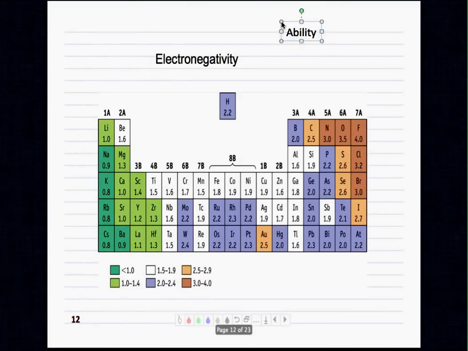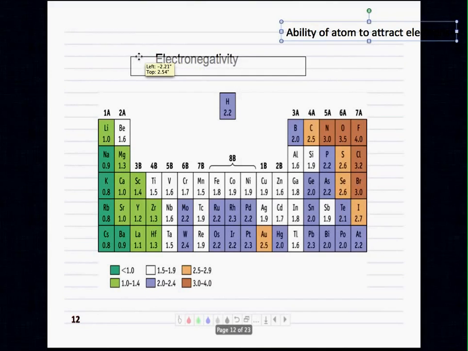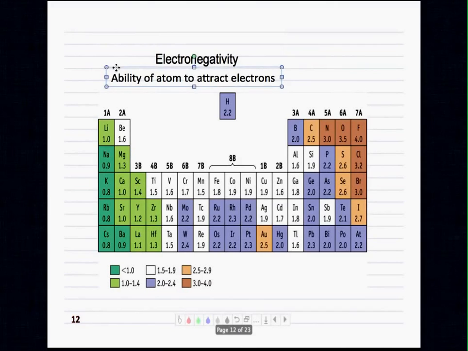Okay? So electronegativity is the ability of the atom to attract electrons toward it in a covalent bond. Now the trends of electronegativity, those numbers that you see in this periodic table in here, are the numbers